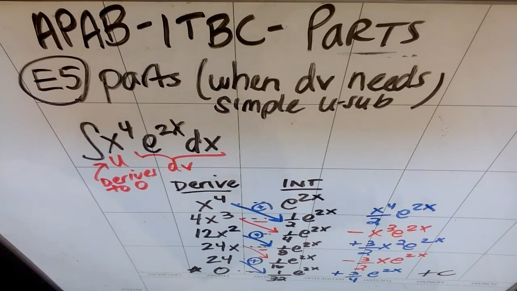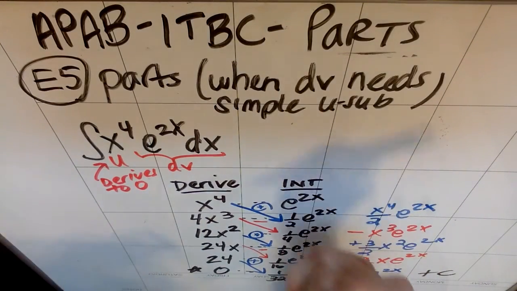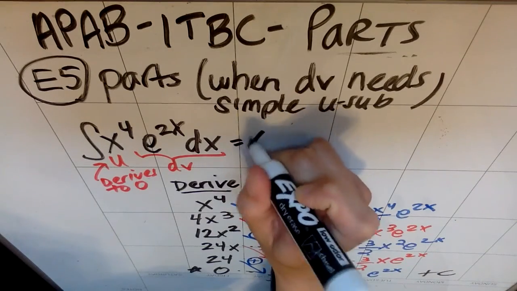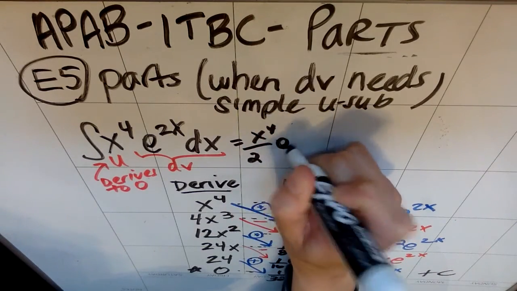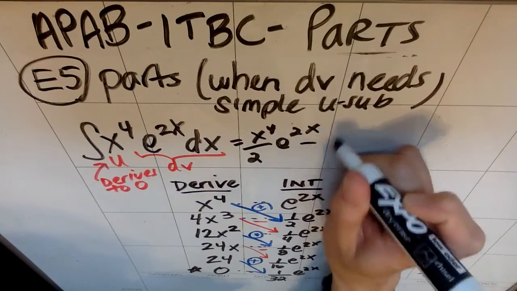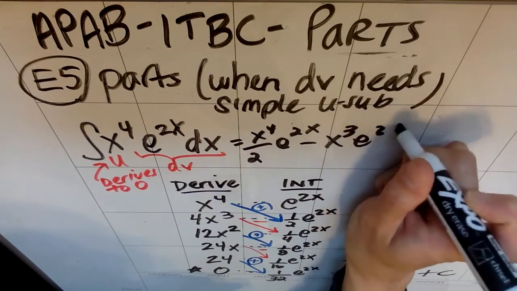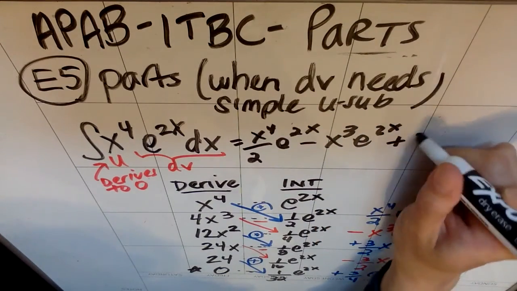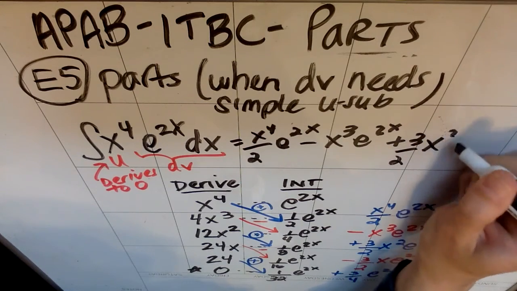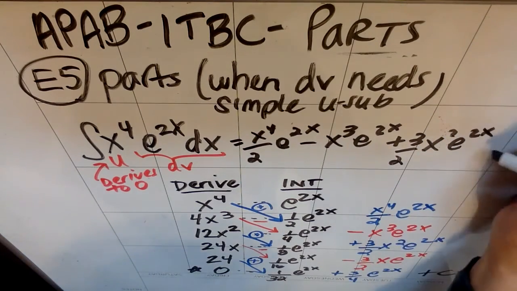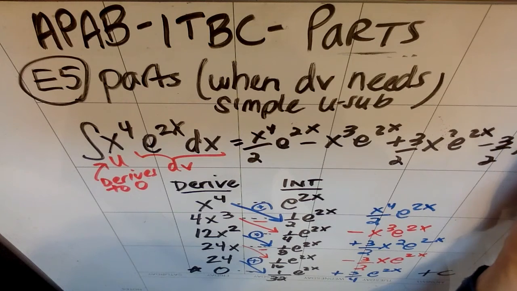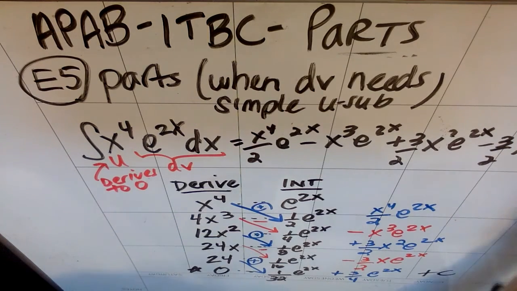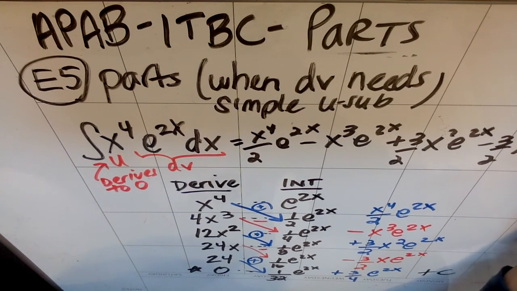here, right? So if I try and squeeze this all into one giant line of stuff, I get an x to the 4th over 2 e to the 2x minus an x cubed e to the 2x plus a 3/2 x squared e to the 2x minus a 3/2 x e to the 2x plus a 3/4 e to the